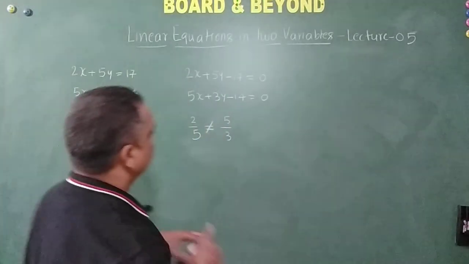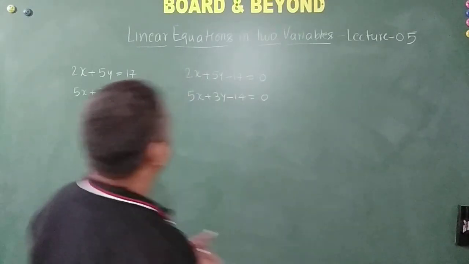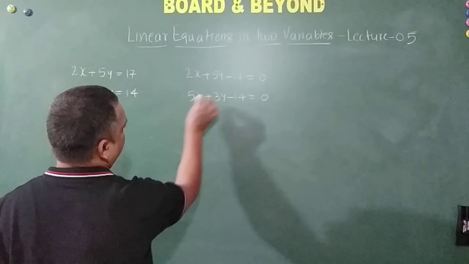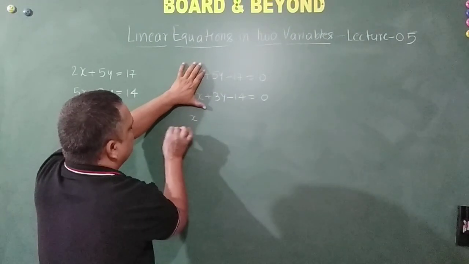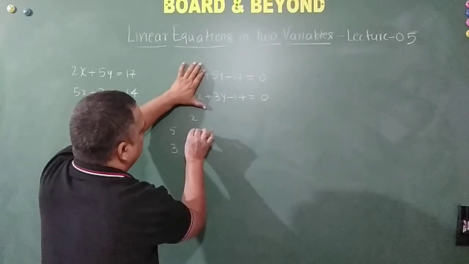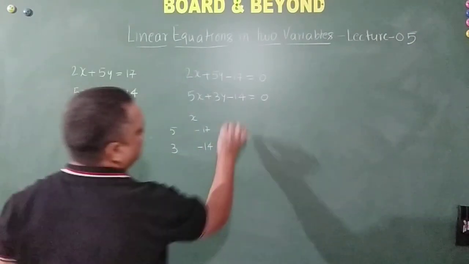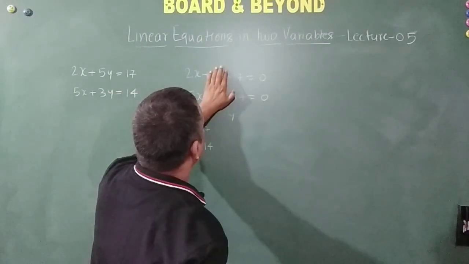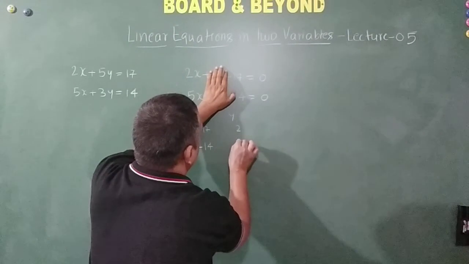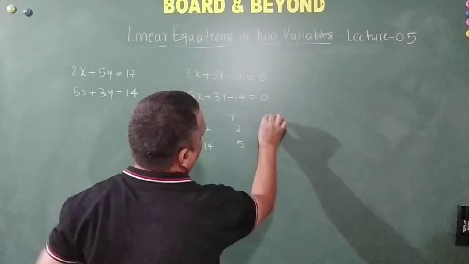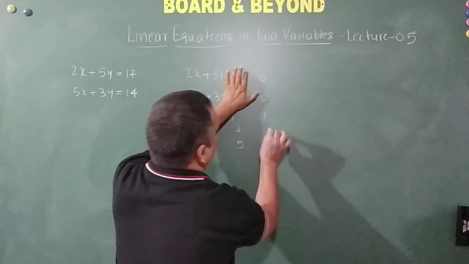I'll just rub off this one because the first part is over. Now we will write it again like this. When I am writing for x, cover it up. Left behind is 5, 3, minus 17, minus 14. Then we write y here. I cover the y up. This is already there, so this has to come down to 5. When I am writing for constants, cover up the constant. 2, 5 is already there, and 5 and 3 have to come down.